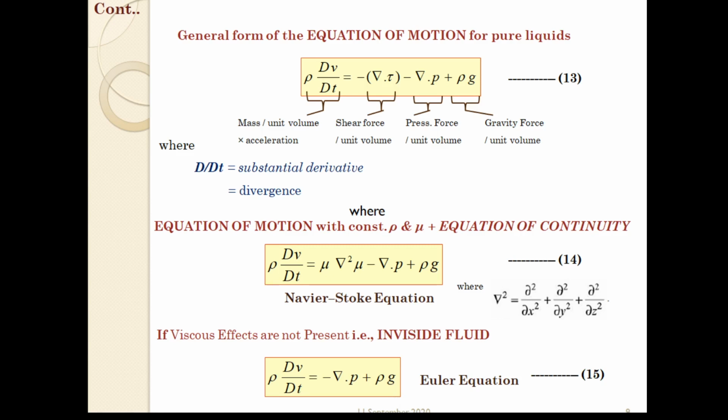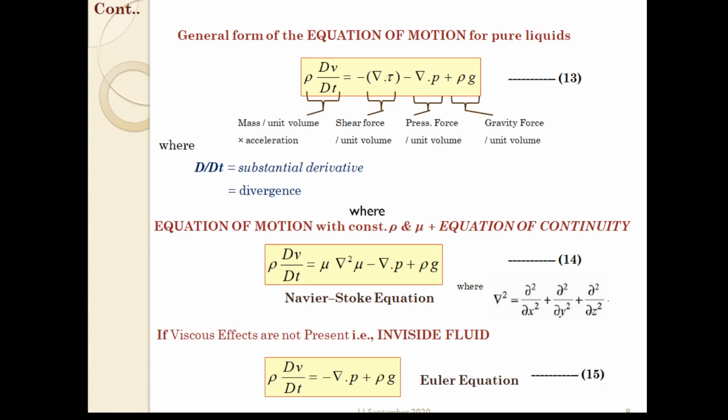Now we have done the equation of motion in this class, and in the previous class we did the equation of continuity, the concept of different derivatives, and introduced the equation of motion for the special case where the density and the viscosity of the fluid are constant. Okay, so all these equations, the equation of motion or the Navier-Stokes equations, are nothing but the statement of Newton's second law for an open system.